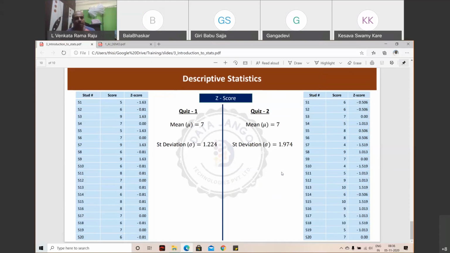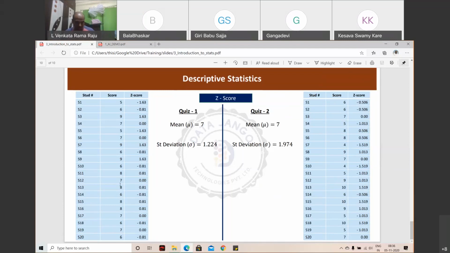Suppose that the Hyderabad to Bangalore distance is the standard deviation, and you have to tell me the distance between Hyderabad and Mumbai. Then what will you say? 3 times the standard deviation. Right? That is z-score: how many times the standard deviation this number is, how far the data point is in terms of standard deviation.